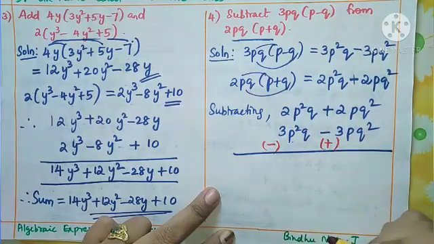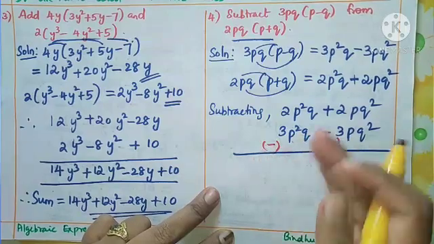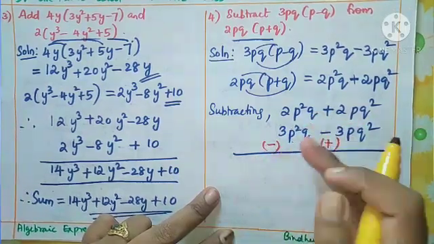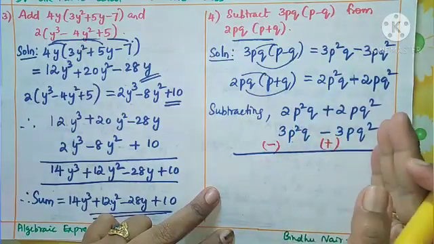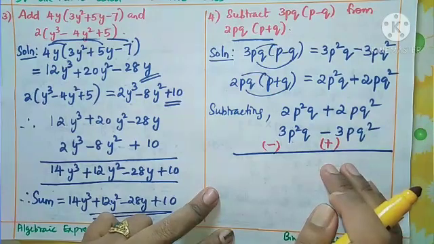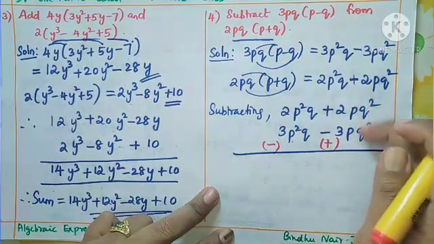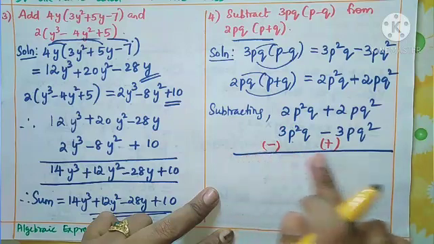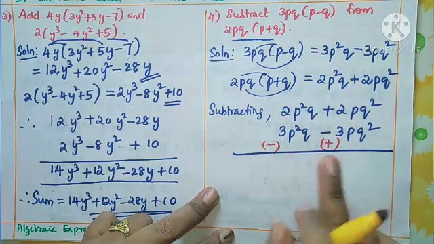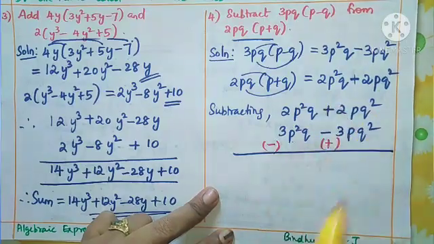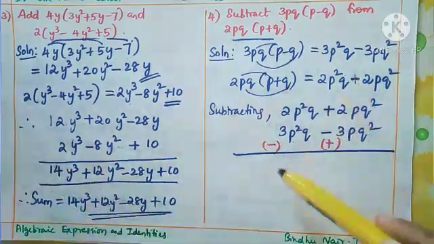Why is this done? Because whenever you are subtracting, we learned in earlier classes, you want to take the additive inverse of the second terms. Okay, you remember? Likewise, here what you want to do is, whenever you subtract two polynomials, always you want to change the sign. Change the sign means you are taking the additive inverse of the second polynomial. Then you want to simplify.